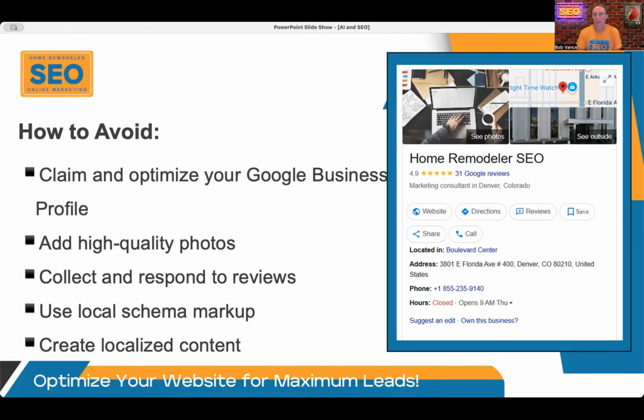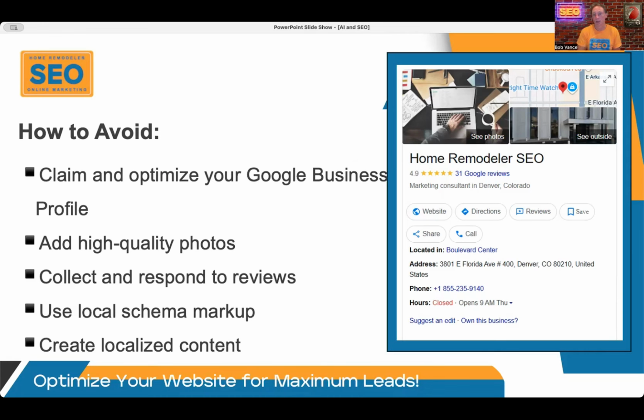And then, like I said earlier, use that local market schema so that when Google crawls your website, it knows all about your locations and services by the code that it's reading, not necessarily by the content that it's scrolling through on your website. And then create that hyper localized content. What I mean by that is those city specific service pages that I talked to you about, neighborhood guides that really talk about the happenings that are going on. You can make posts about that, show Google that you're really in tune with what's going on in your community. It shows that you're involved in your community, you're interactive, you're engaging. Again, all things being equal, the remodeler that does that is going to win out over the remodeler that doesn't.